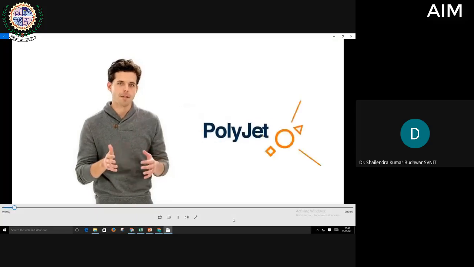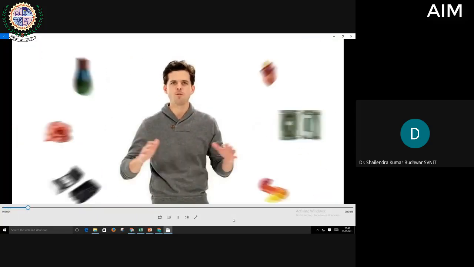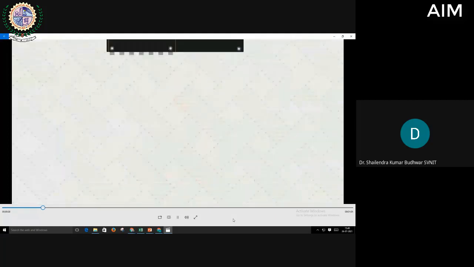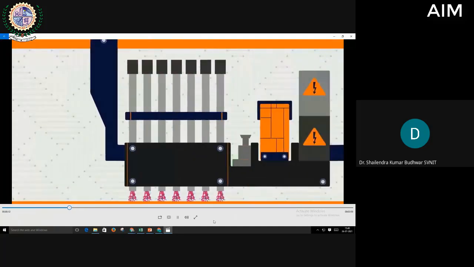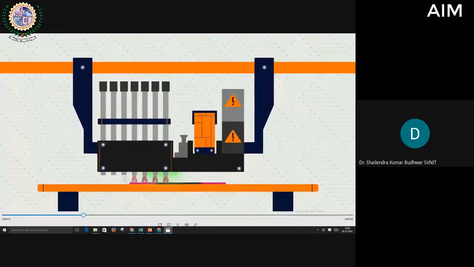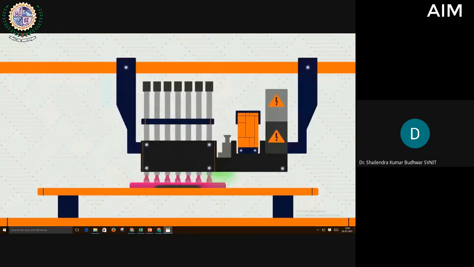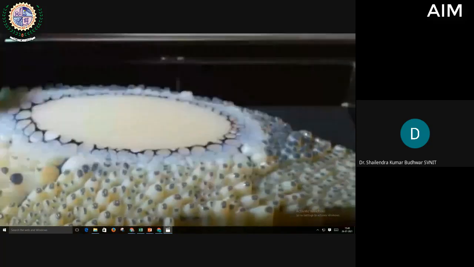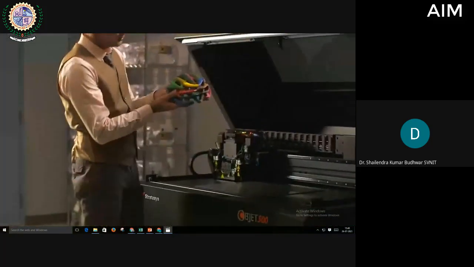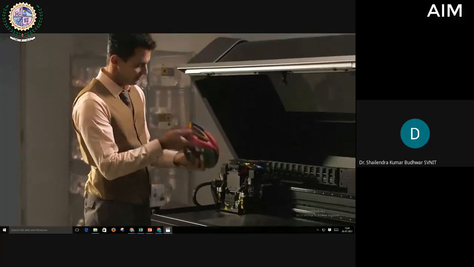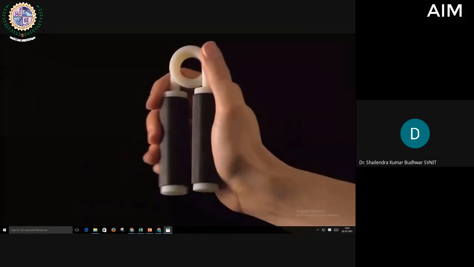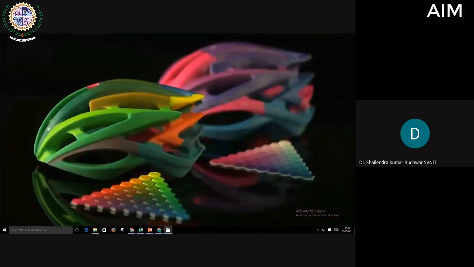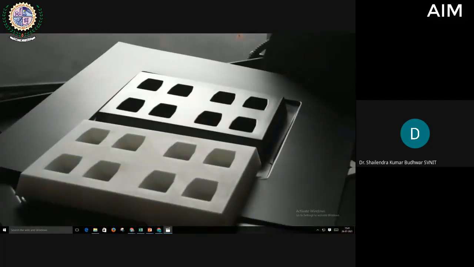PolyJet is a 3D printing method that makes beautiful, precise models in a huge variety of materials and colors. It works like an inkjet printer, but instead of jetting drops of ink, PolyJet 3D printers jet tiny droplets of liquid plastic. A UV light instantly cures the plastic, solidifying it. And so, layer by layer, complex models take shape. The most advanced PolyJet systems can build multi-material parts, soft, rigid, clear, and colorful. You can even adjust material properties like heat resistance and durability. The same technology that makes gorgeous prototypes also makes precise manufacturing tools.